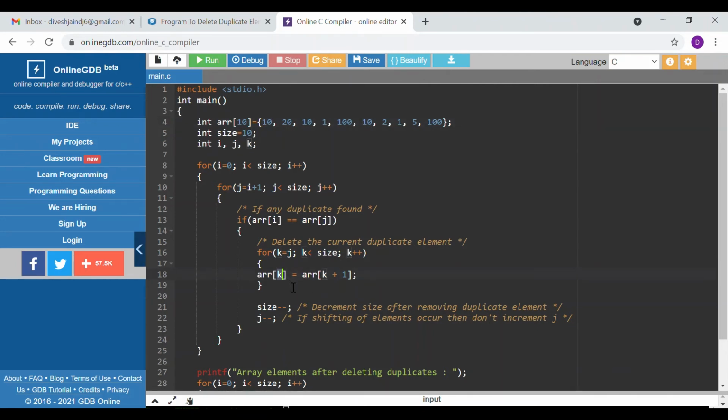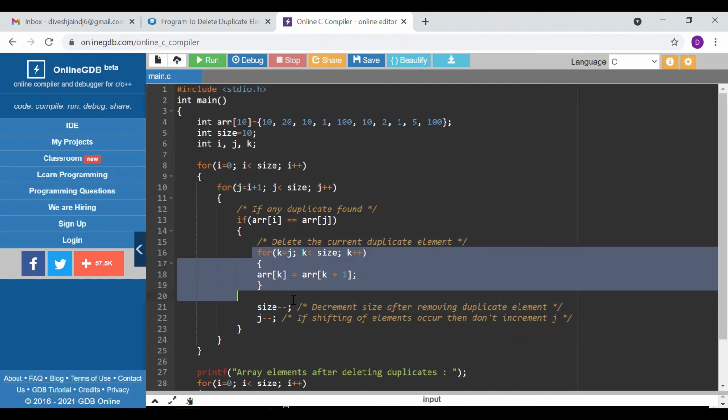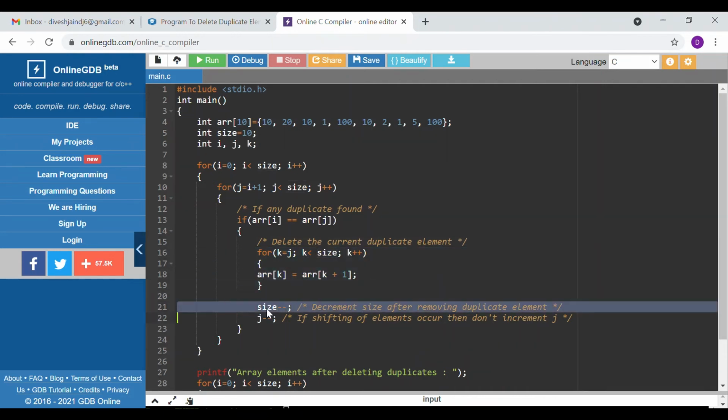So arr of k equal to arr of k plus 1, and for example arr of 2 will be equal to arr of 3, right? In this sense we are deleting by overlapping the values and reducing the size by 1. So size minus minus, as you can see we have deleted one element, so we have to reduce the size.